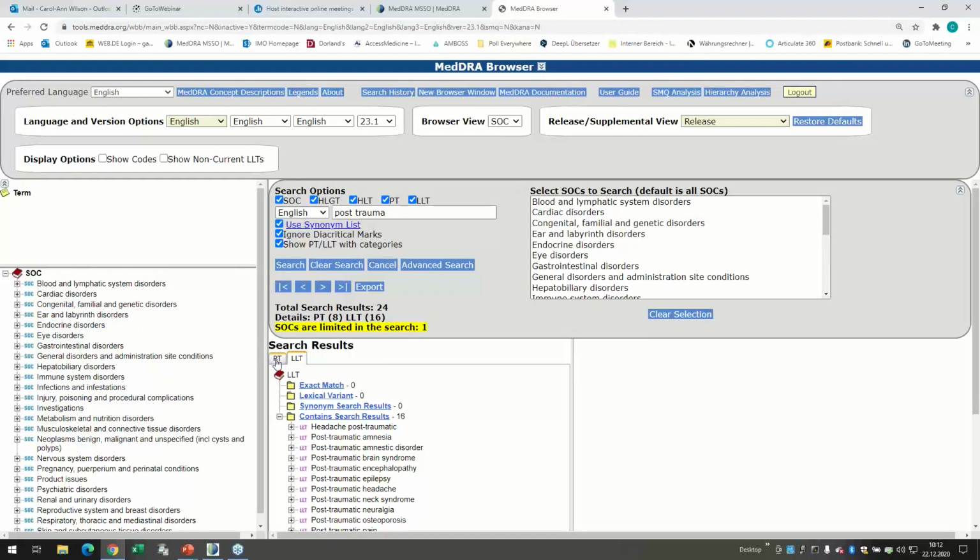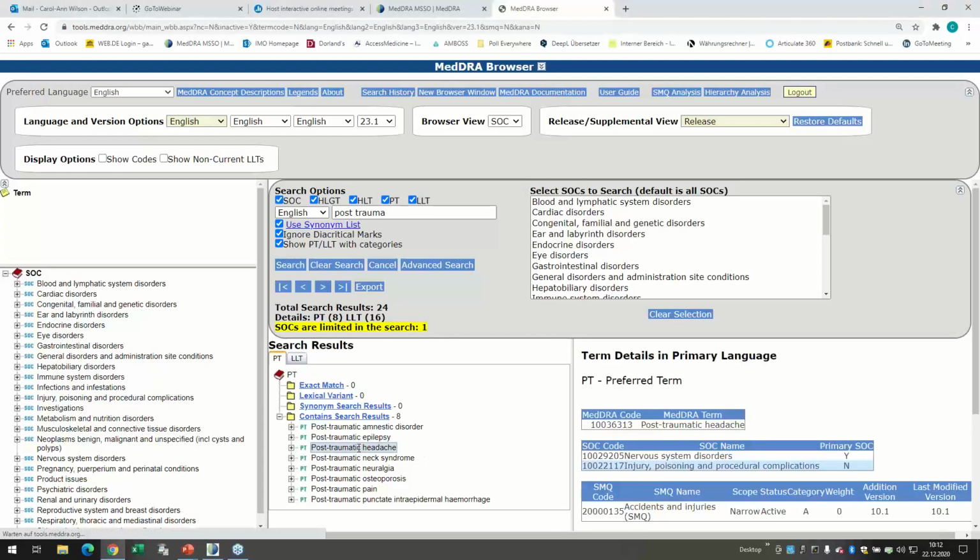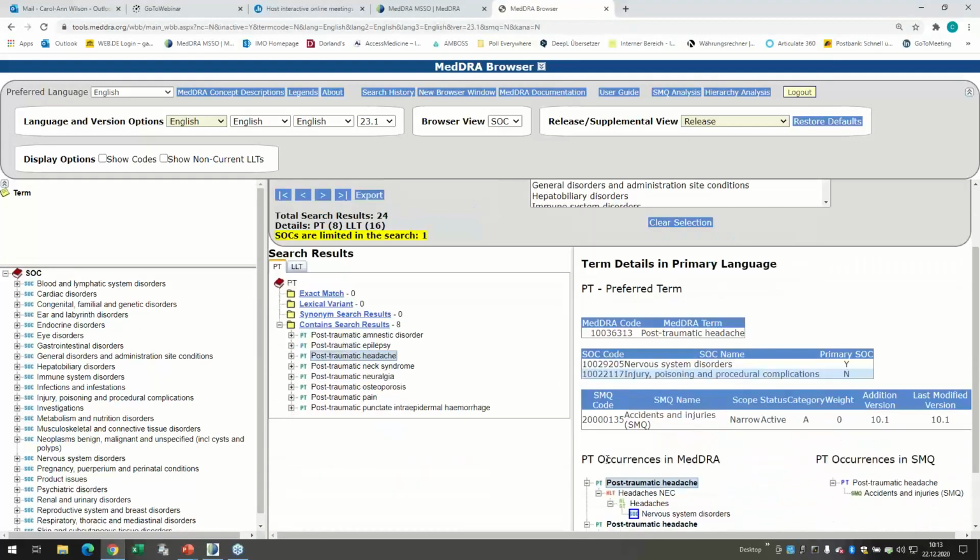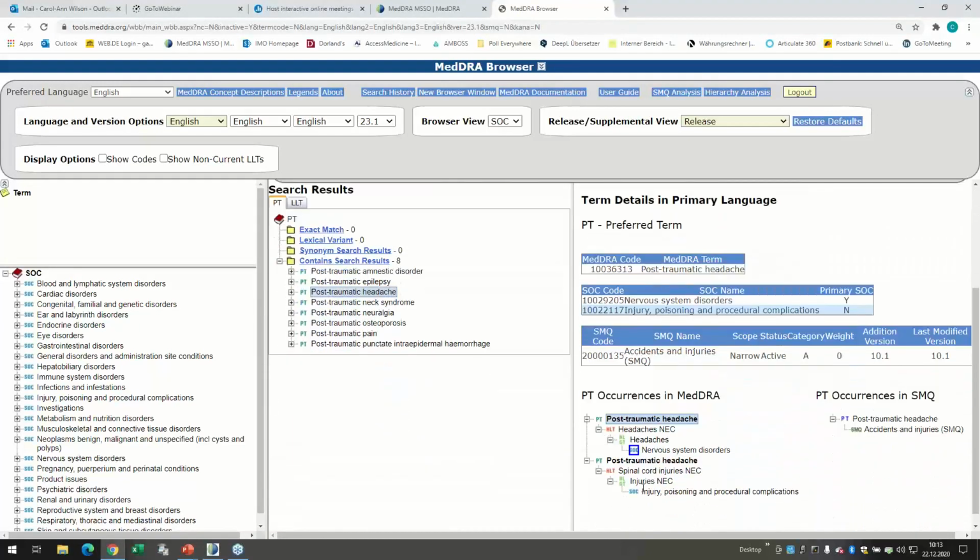Let's look at the PTs only. Here we have post-traumatic epilepsy, post-traumatic neuralgia, post-traumatic osteoporosis. You see that there are a lot of terms that are grouped under this injury SOC. Now, what if I click on them, like post-traumatic headache, for example? You can see the